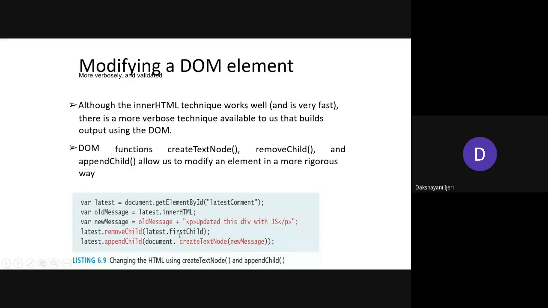Okay. Coming to one more example, the same thing has been done here, but instead of adding something, we are just removing some elements from it. With latest dot remove child, it is going to remove latest dot first child. We pass this property to this method to remove the first child, that is, the first paragraph will be removed, right? The next thing is append child, a method used to add one more content, that is, create text node with the new message. So what is the new message here? The new message is this, updated with this div.